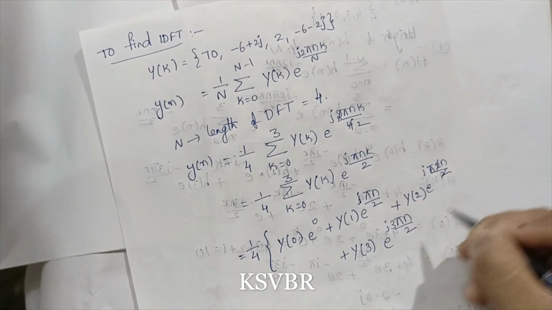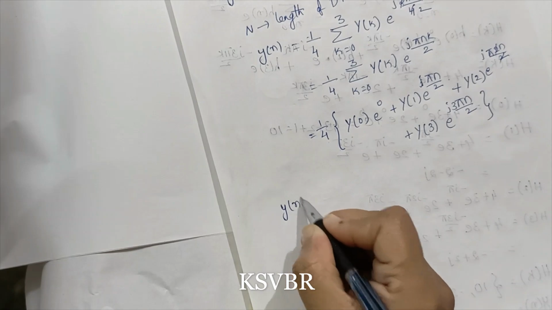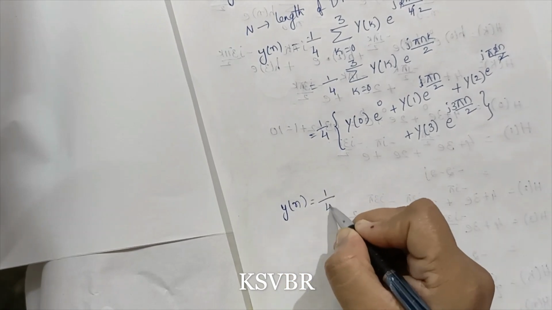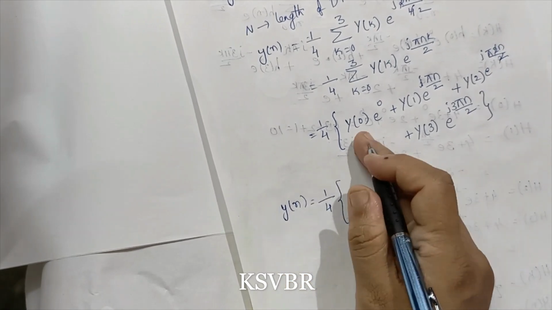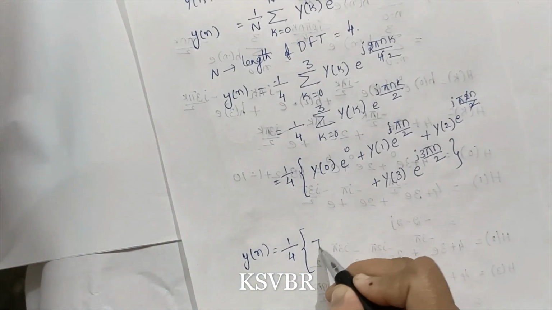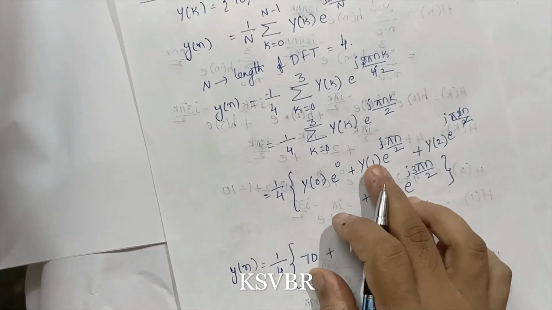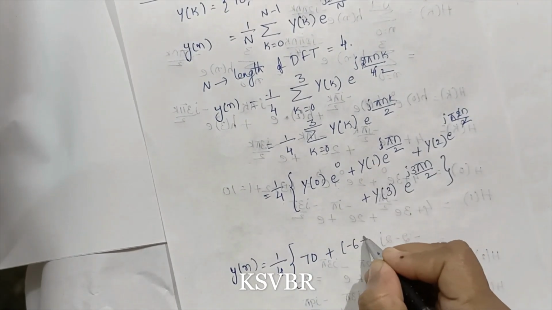So here the 2 will get cancelled, and y(n) can be written as 1/4 into Y(0). What is Y(0)? It is 70, no? So 70 into e^0 is 1